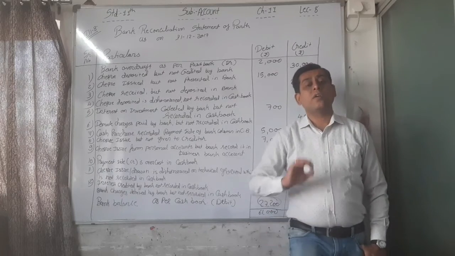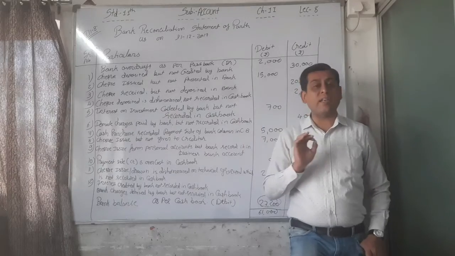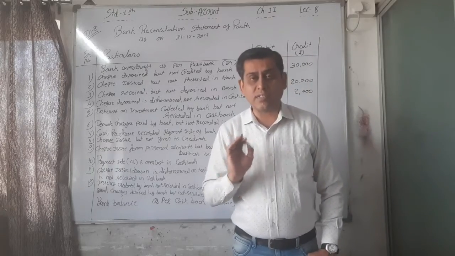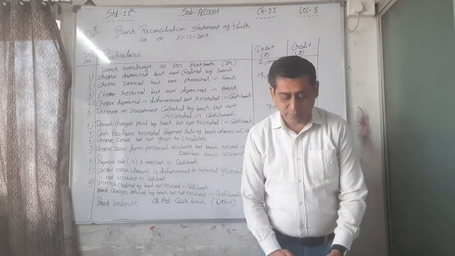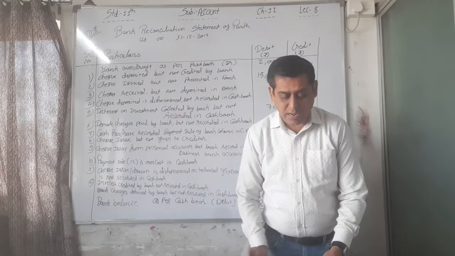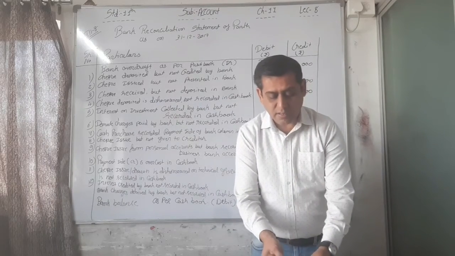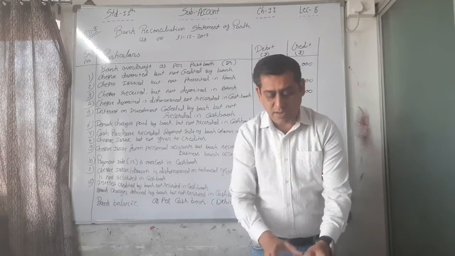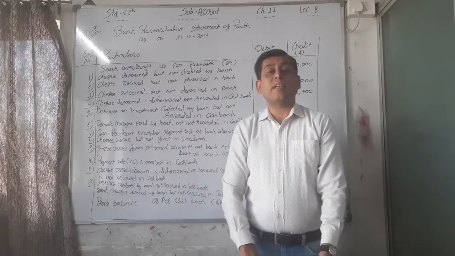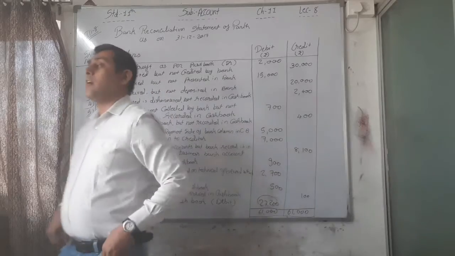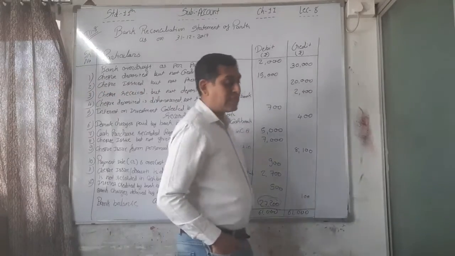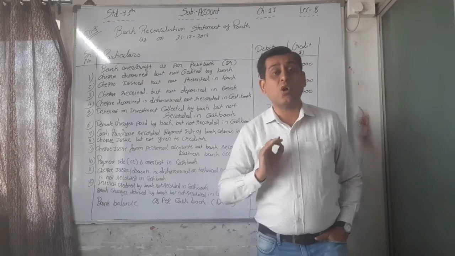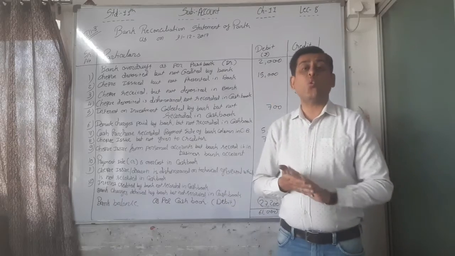That means in your example book you have to do 1 to 8 examples. In your exercise book you have to do 1 to 9 exercise sums. All the sums 10, 11, 12, 13, 14, 15 are now not in your syllabus, so please ignore them. We will discuss them in our regular session. So your syllabus for the second term is over here. Second term syllabus is up to first part, and the first part, all chapters 1 to 11, is over here.